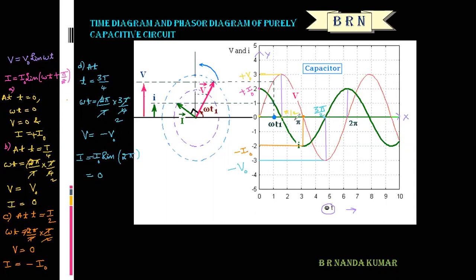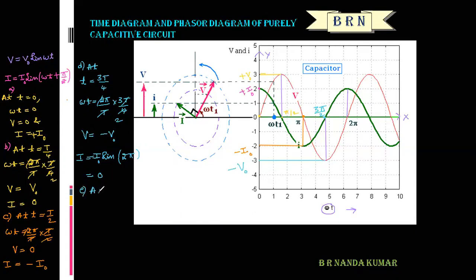So the time varies from T/2 to 3T/4. The voltage increases in the reverse direction gradually, but the current decreases. Exactly at time t equal to 3T/4, the current becomes 0 and the voltage becomes maximum, that is minus V naught. And in the last phase,